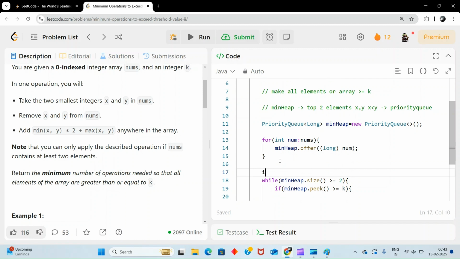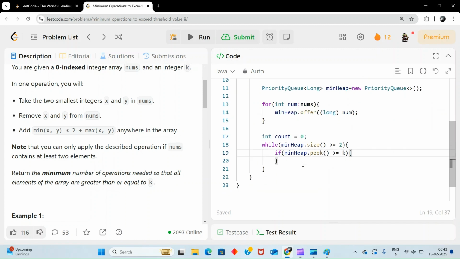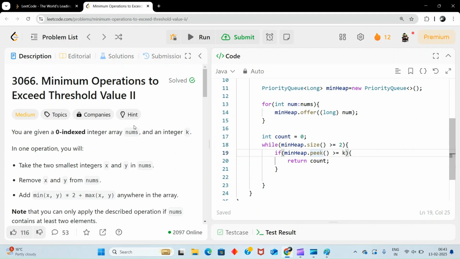So we will use one count, int count, which is initially 0, and we will return this count. Peek means the smallest element. If our smallest element is greater than or equal to k, then all elements are greater than or equal to k.